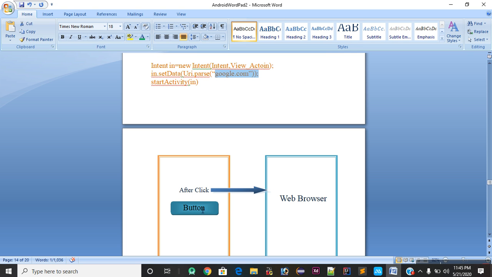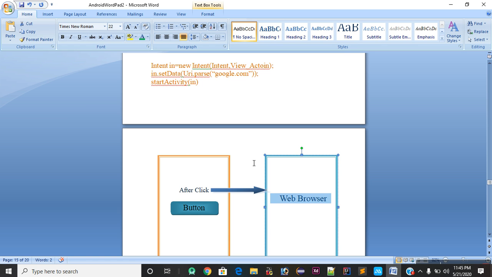Now whenever I click this button, it goes to the web browser, and the web browser is responsible for finding the Google page and opening the Google page on Android with a suitable display. That is an example, guys.